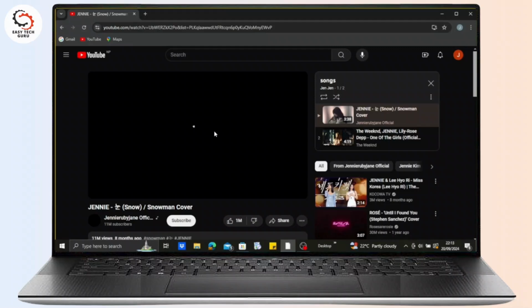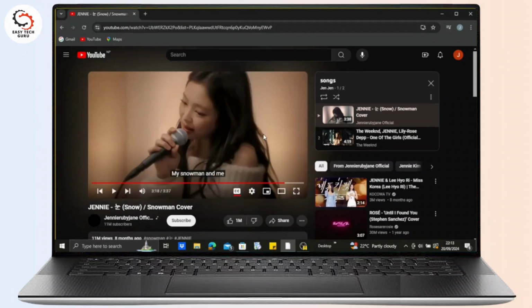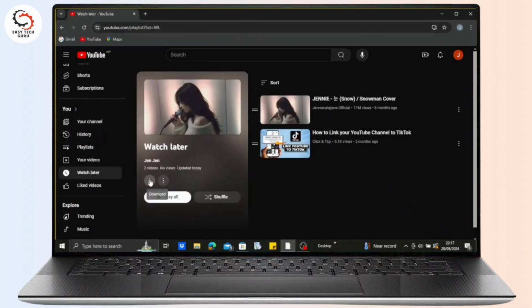And when we go to our playlist, here you can see when you tap on the three dots, you get the option of downloading the video singularly. But when you tap on the three dots at the playlist, you don't really have the option of downloading it as a whole playlist. So what you can do is go to your library, and here you can see the